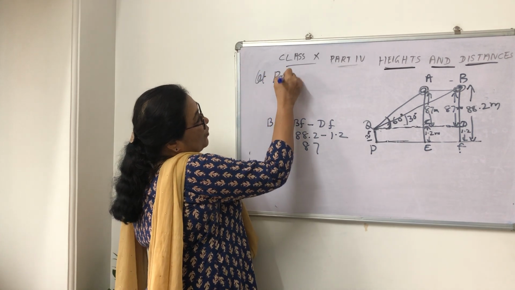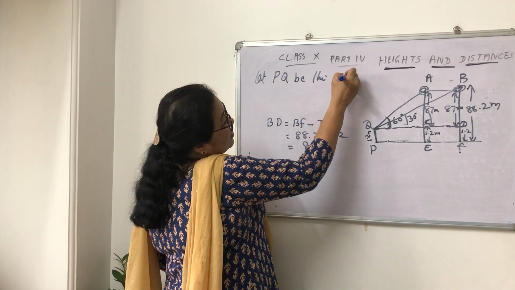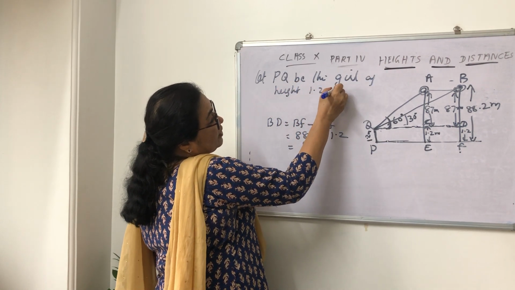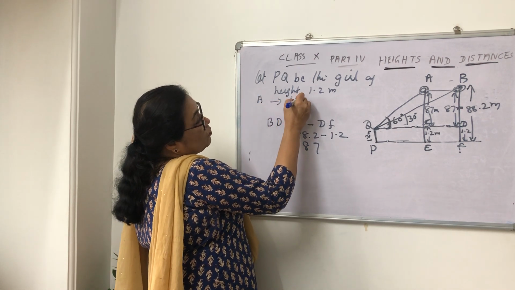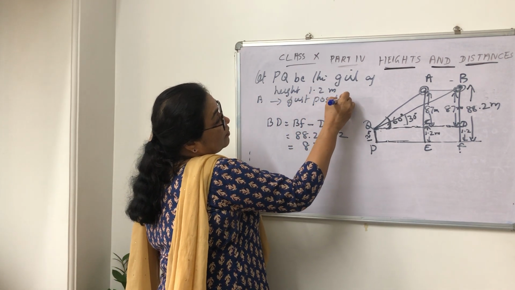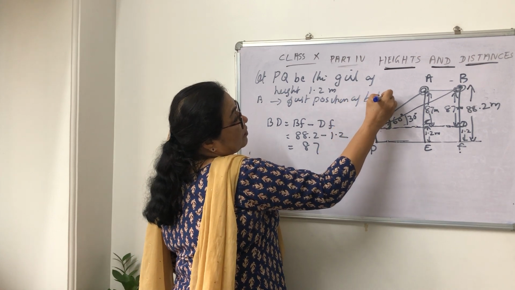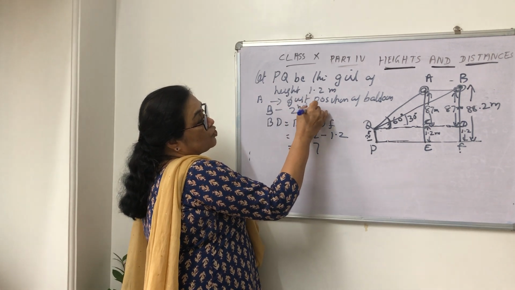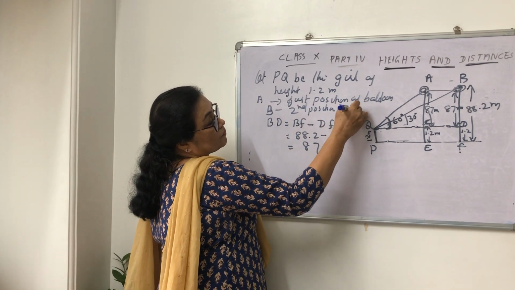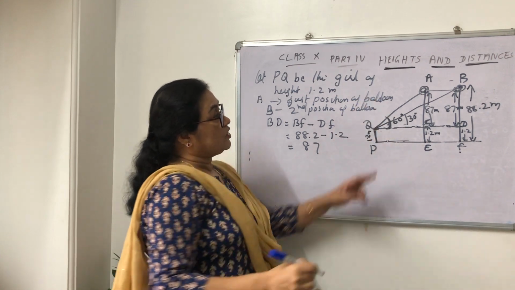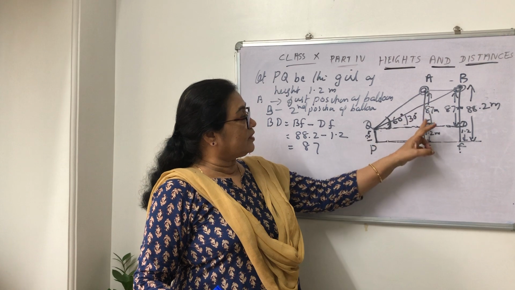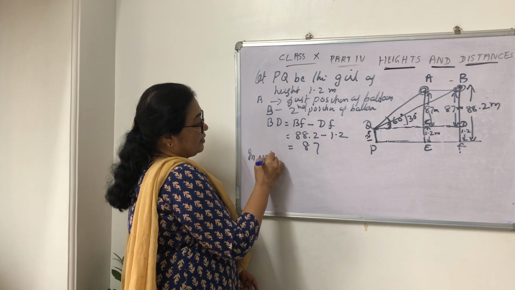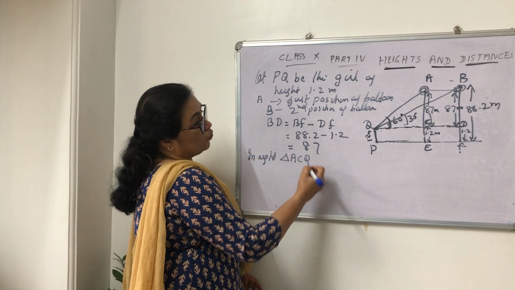Let PQ be the girl of height 1.2 meter, A the first position of the balloon, B the second position of the balloon. First position of the balloon means you can take the triangle ACQ. In right triangle ACQ,